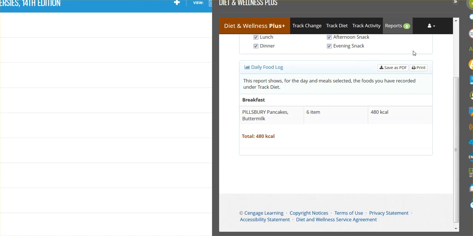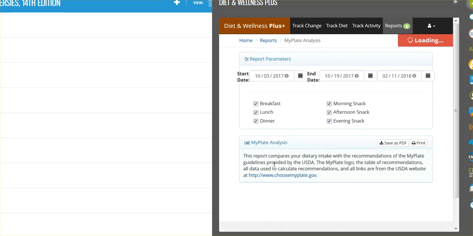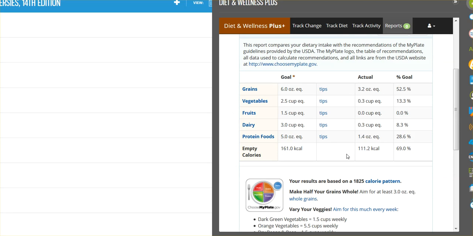When you look at your empty calorie intake, going back to the My Plate report, you'll see again there's sort of a max intake. This goal is a maximum, and then your intake. As empty calories go, you're really looking for foods which are high in sugar, added sugars, added fats, and sort of those extra items that don't really fit into the other food groups.